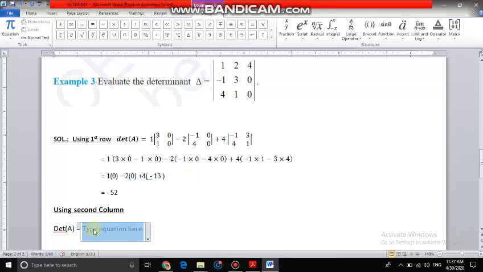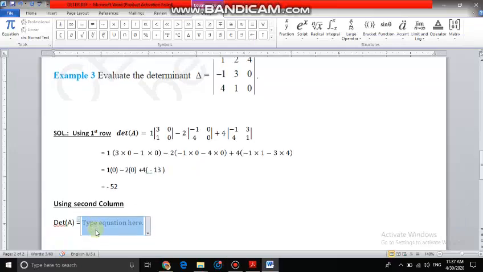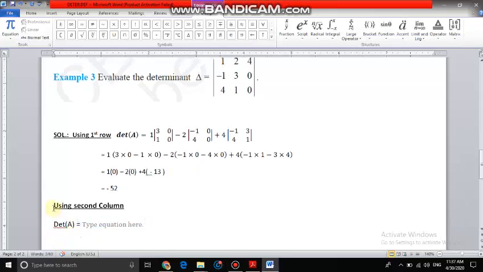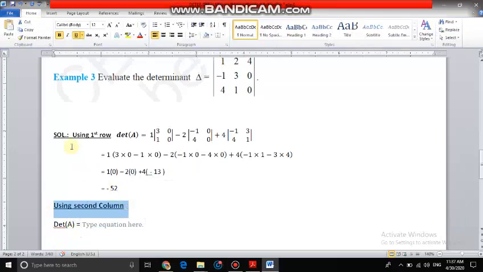Okay. Now here, go a little bit faster. I am solving the same question using the second column. Sorry, here we have done using the first row. Now I explain the same example, how to find it using the second column. As I said, for the second column, the signs will come negative, positive, negative. So minus, the second column element is 2 into,